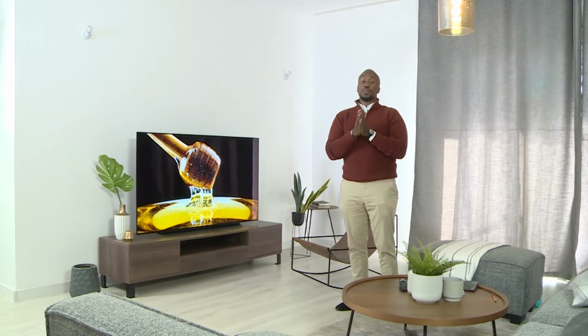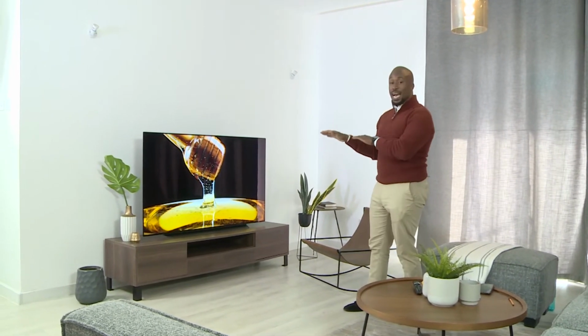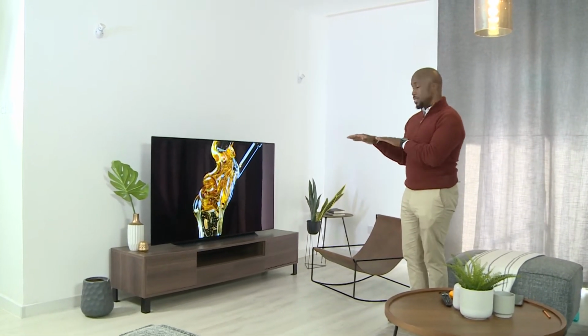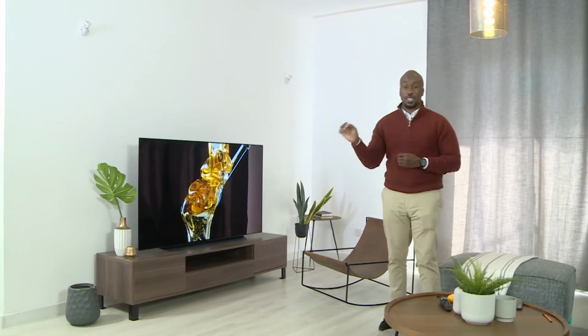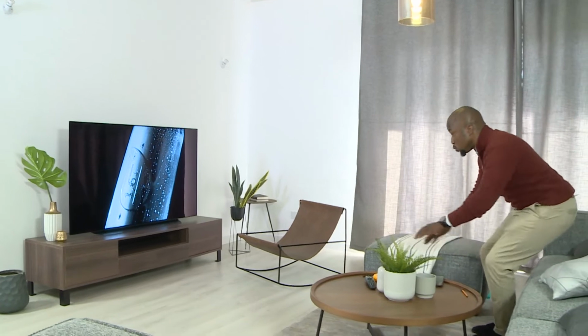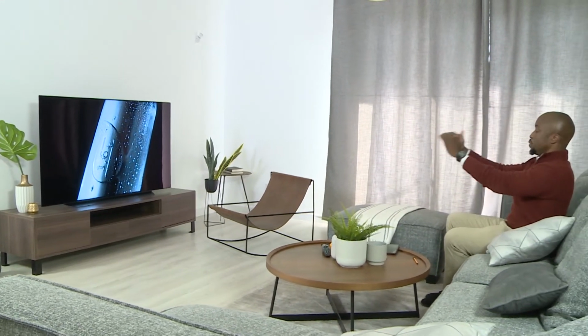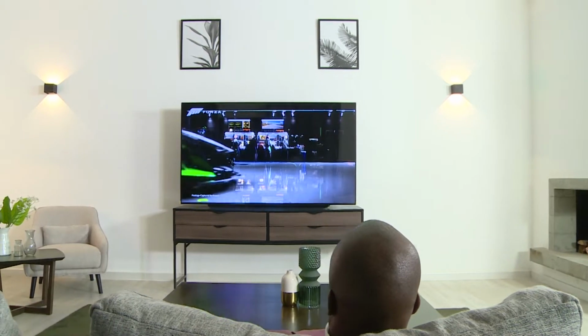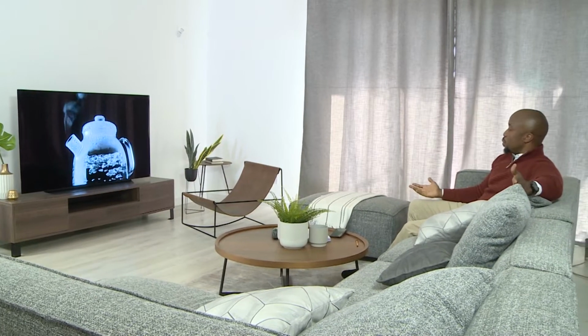Do not put your television set on top of the fireplace. You want to be at eye level, which brings us to our next point, which is appearance in terms of comfort and where to have your television. If you're to sit down over here, what you want is to be at eye line level, right to the center of the screen,